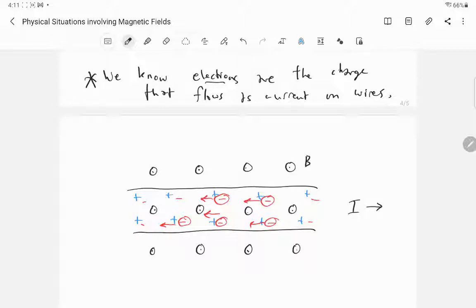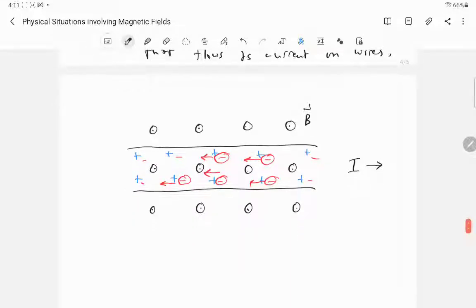But remember, there's this background magnetic field. And the force on the little negative charges, each of which has charge negative e, is Q V cross B. So these are the forces on the negative charges. The magnetic field is outwards. So V cross B is actually, if you use the right-hand rule,